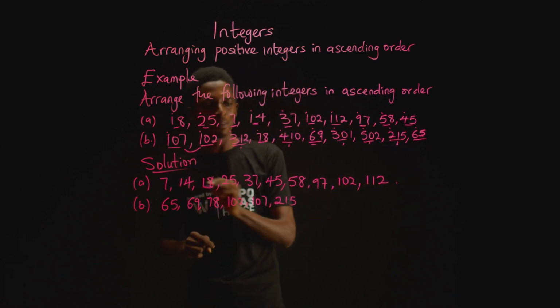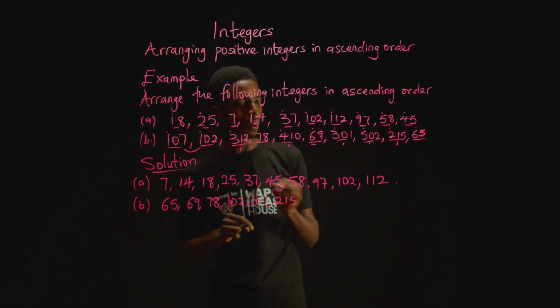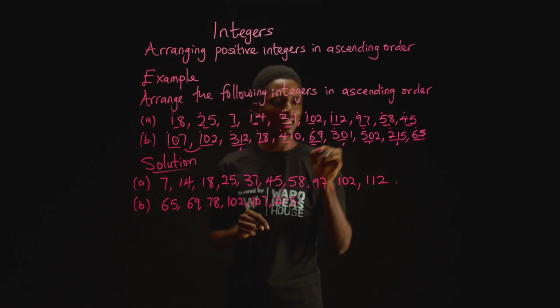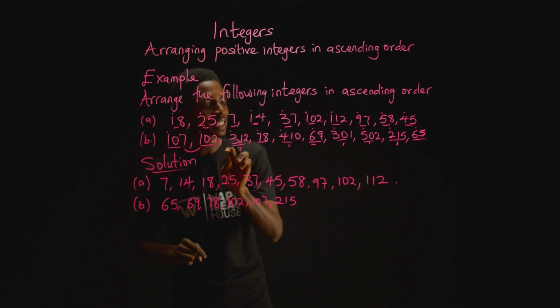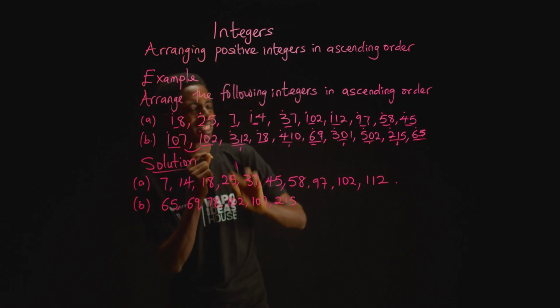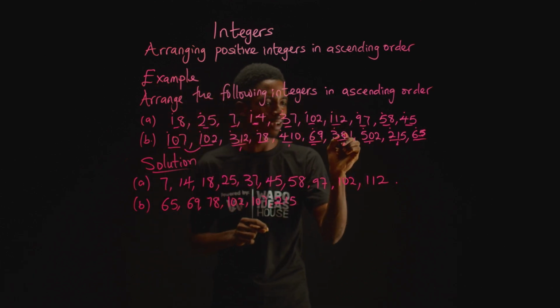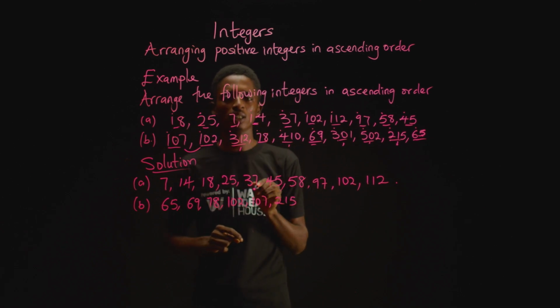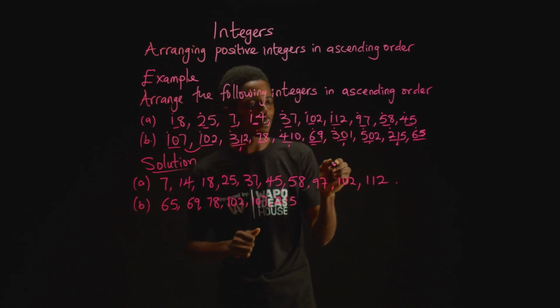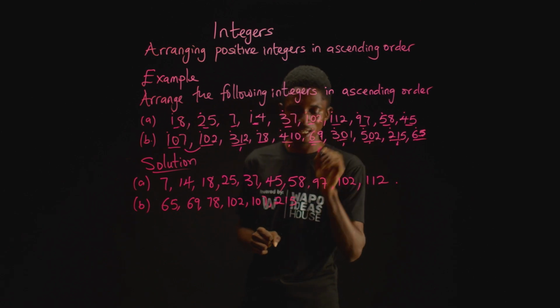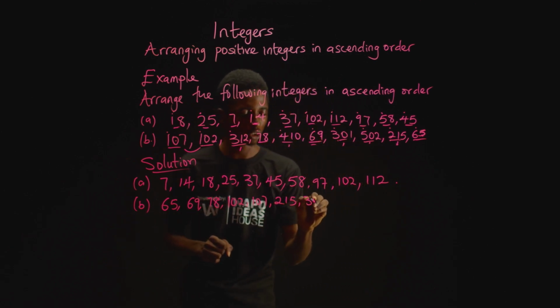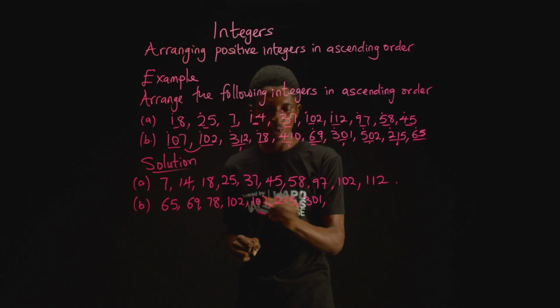And in this set of numbers, we have 2 of them, 312 and 301. Since they both start with 3, we look at the next digit. In this case, we have 0, and then here we have 1. That tells us that the smaller value of these 2 is 301. That is 301, followed by